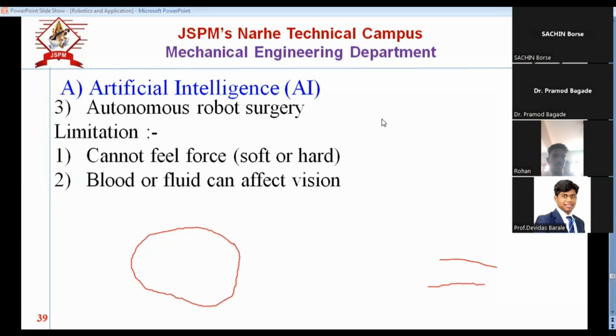So what is the problem with autonomous surgery? The robot cannot feel the force like the surgeon feels the force, whether it is hard or soft. Also, vision gets blurred if a human being is doing surgery. It is difficult to view, but for the robot, the vision